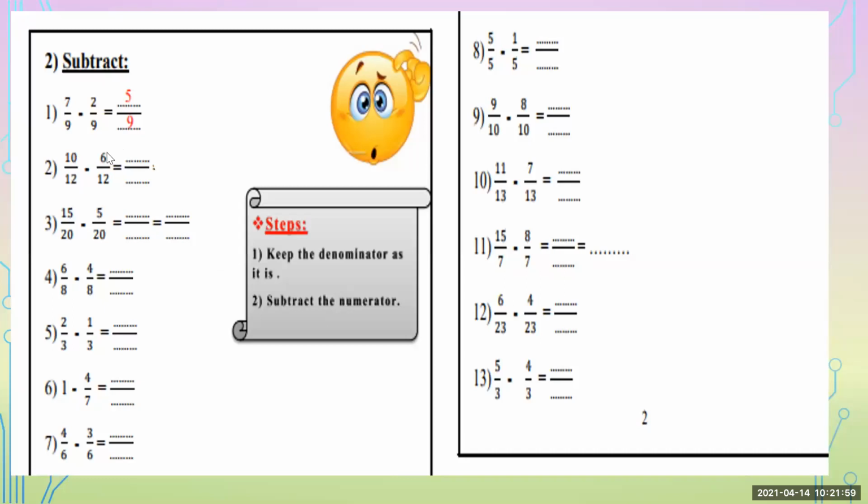10 over 12 minus 6 over 12. I will put 12 as it is, and 10 minus 6 equals 4. Now I will choose